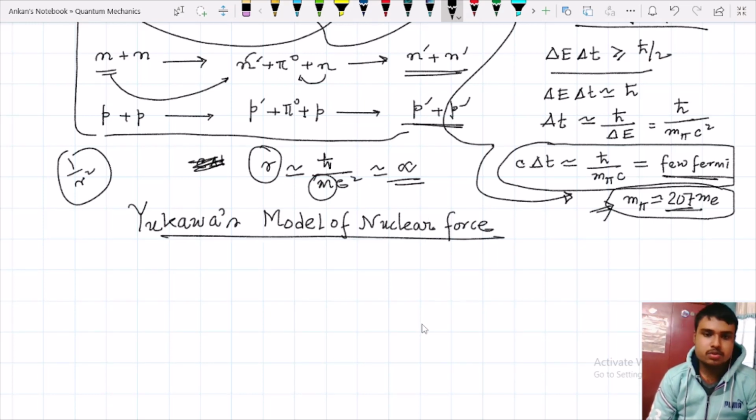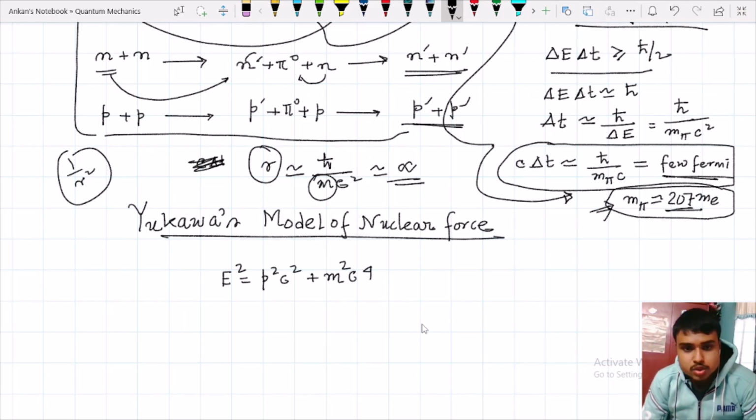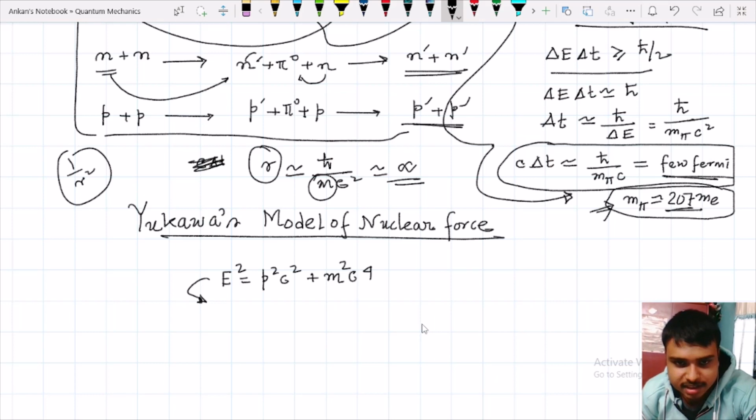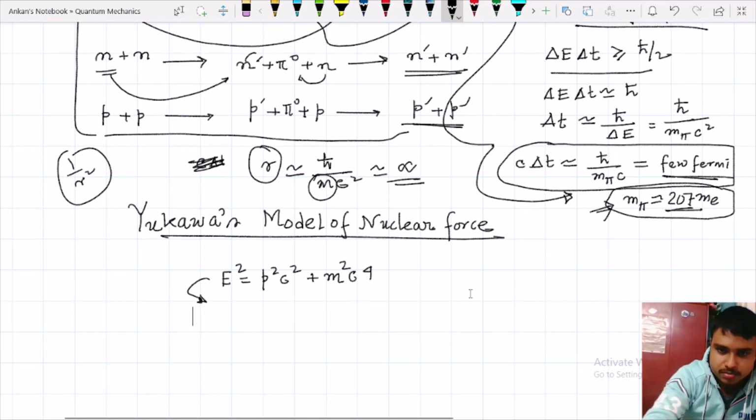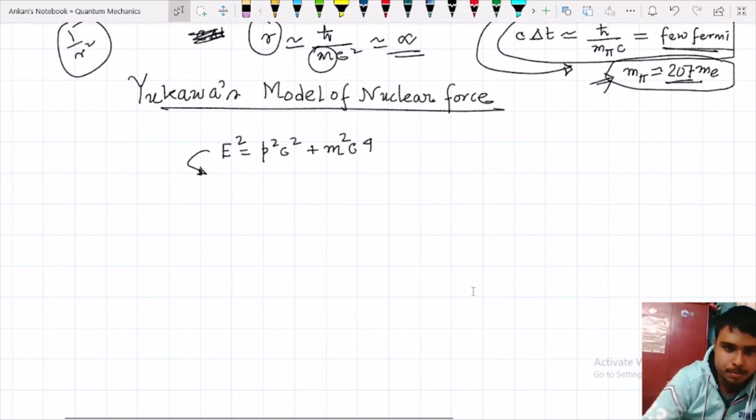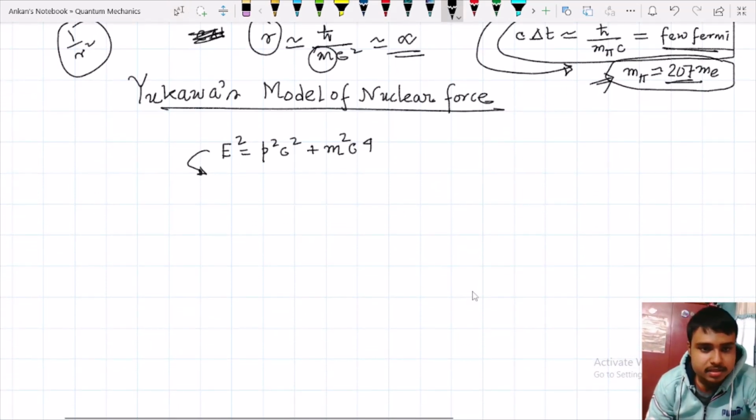Now it is very well known to us from relativity that E square is nothing but p square c square plus m naught square c to the power 4. Here we take m square c to the power 4, where m is the rest mass. So if we convert it into operator form, because I actually want to convert it into a quantum mechanical problem, then we will see that the energy operator can be given by